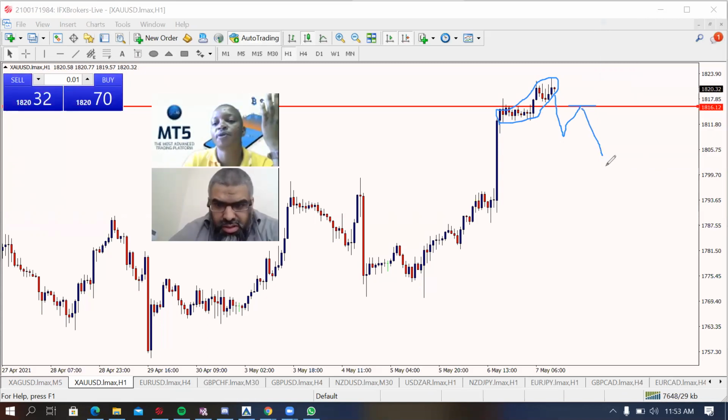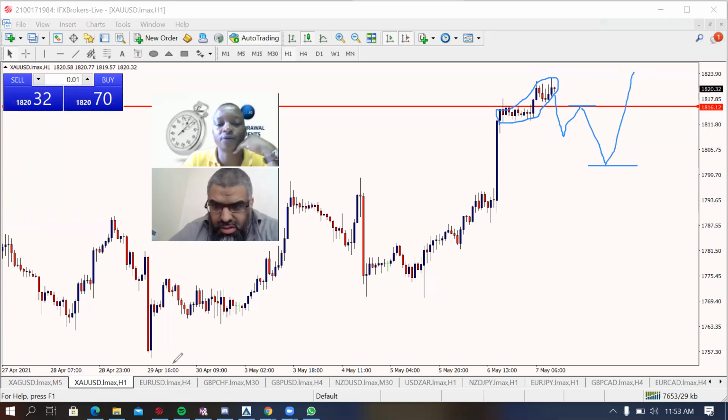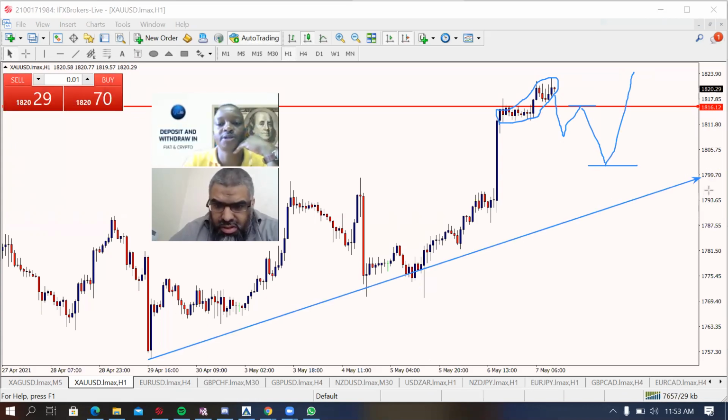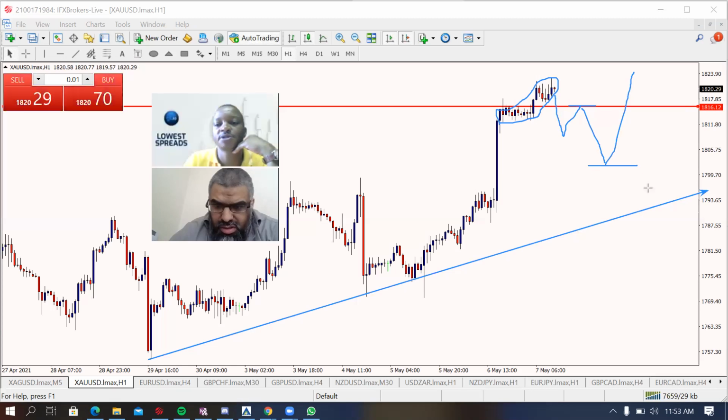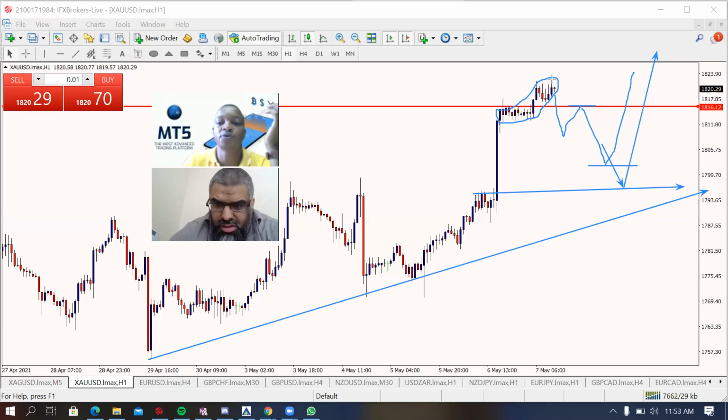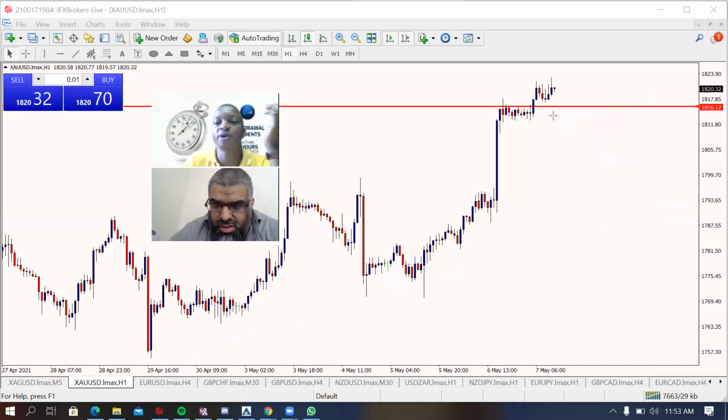And then we'll wait for a long-term buy here, which that long-term buy corresponds with what? If we check, we can have a trend line there. If we can roughly draw it like that, it's still the same level as this one here. So it might come to this level before it goes all the way up. But your confirmation here to sell it, we wait for candlestick here. You wait for a bearish pin bar, bearish engulfing candle before you can sell it going down to that level there. Or you wait for it to create an impulse,